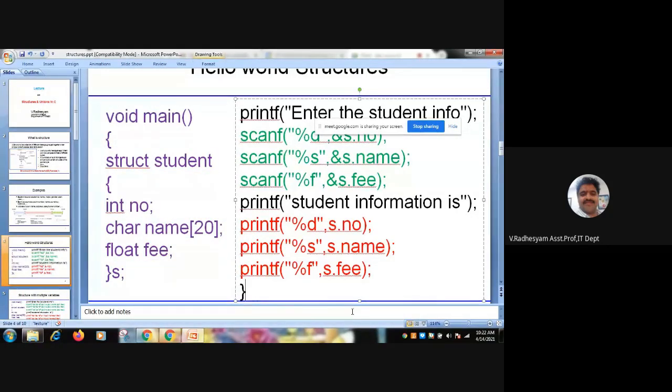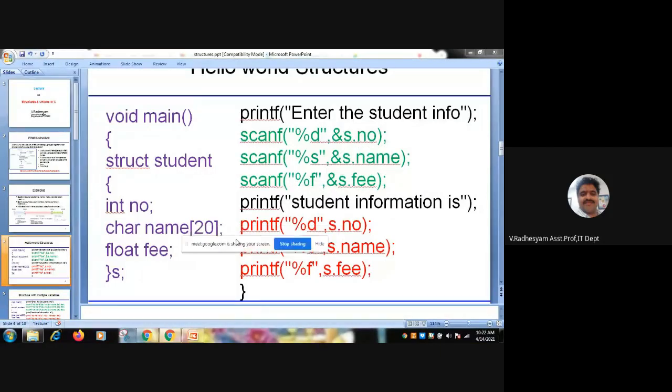How to access? I will show you an example. This is a simple example, very simple example. Here you see, enter student information. Then scanf, first one is number, so that's why %d, comma and S dot NO. Here dot is an operator.